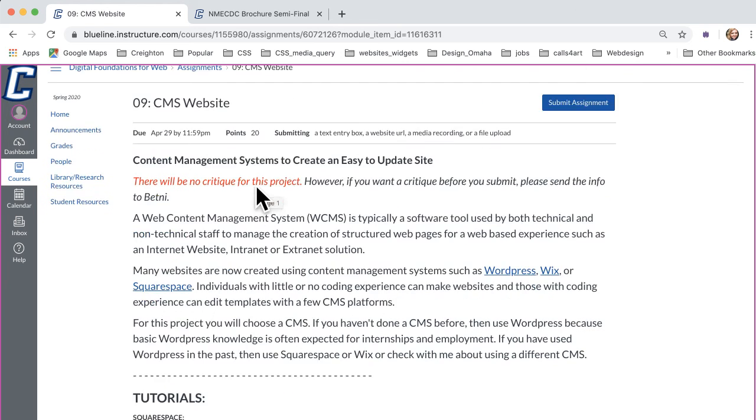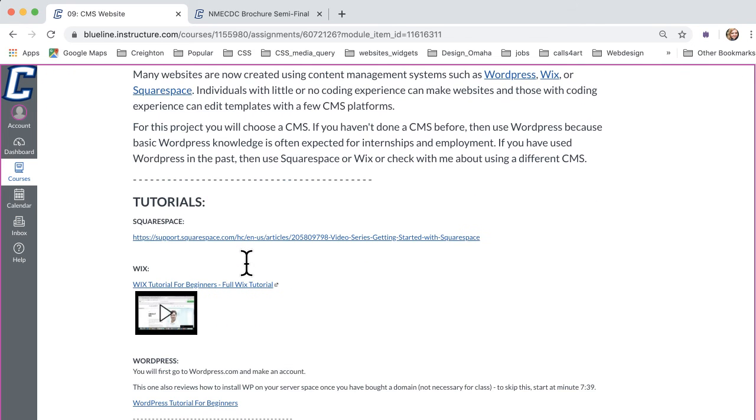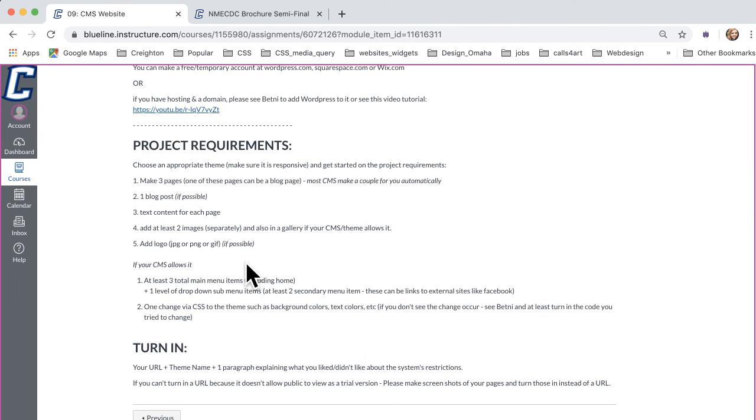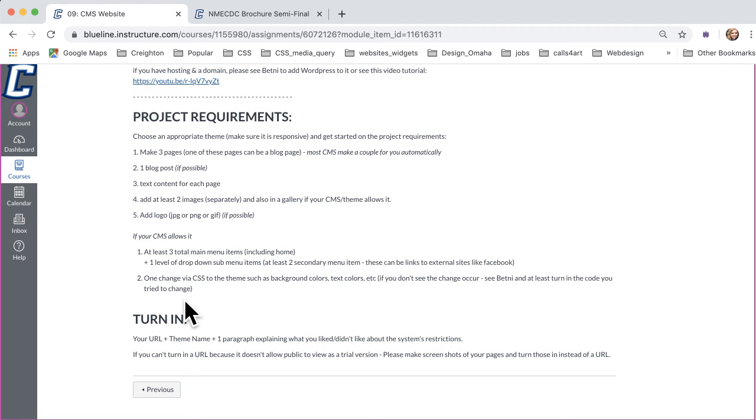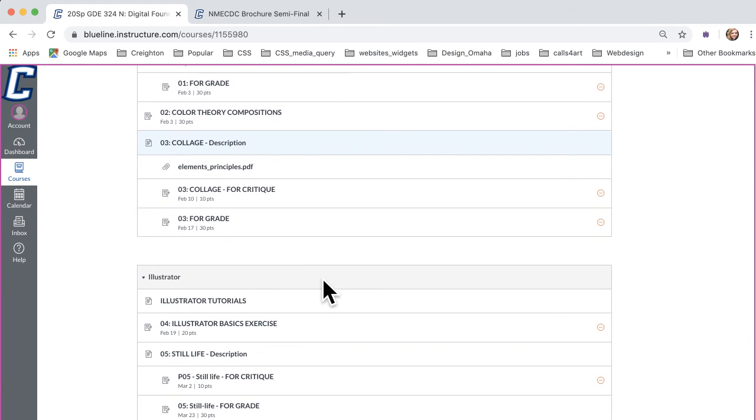You can do the exact same content as your other website. That's totally fine. Same pictures, same logo, same everything. If you want to do something different, of course you're welcome to. In the end, you'll make 3 pages. These are typically made by the system itself. So it's not really making 3 pages, it's utilizing 3 pages. A blog post if it's possible. There's videos for this, so I'm not going to get all in there, but at least you kind of get a sense of what those are about. And that's what's going to be due for the rest of the semester.